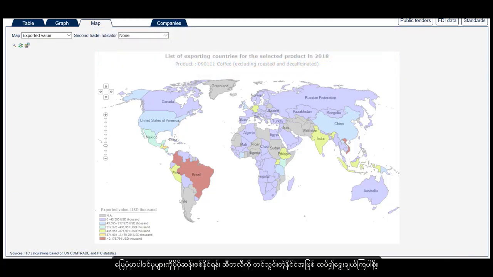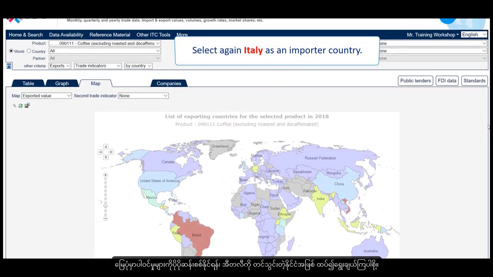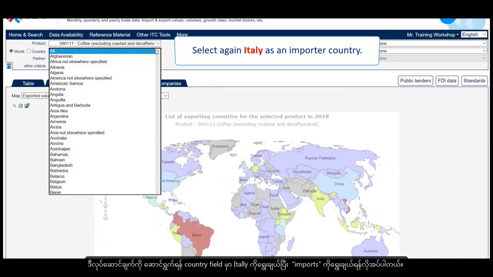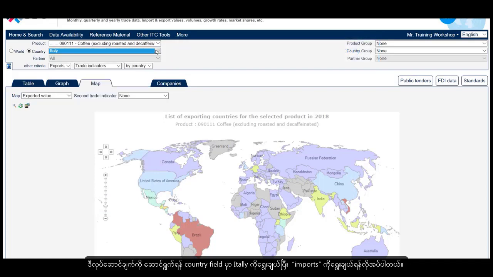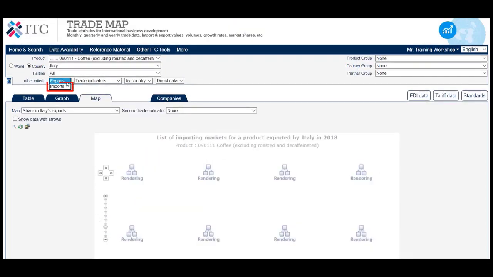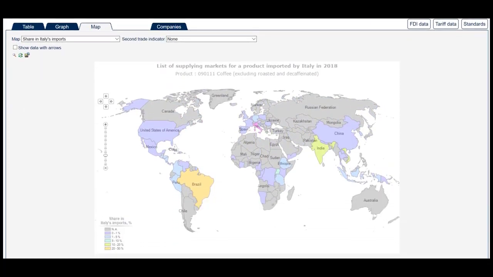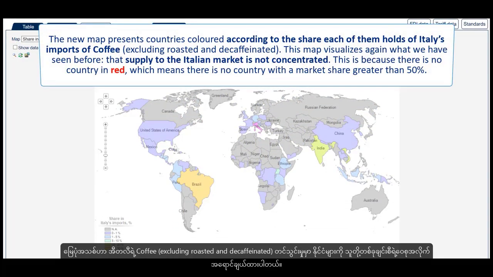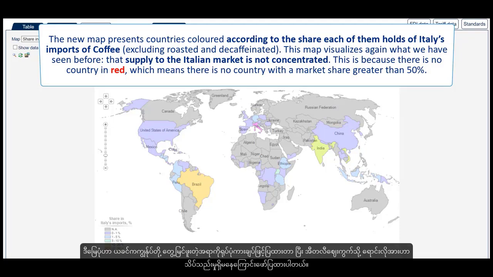To better analyze the map features, let's select again Italy as an importer country. To do so, you just need to select Italy again in the country field and choose Imports. The new map presents countries colored according to the share each of them holds in Italy's imports of coffee, excluding roasted and decaffeinated. This map visualizes again what we have seen before, that supply to the Italian market is not